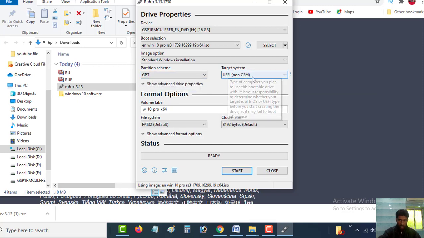GPT, and the target system. If you click on target system, only one option is showing, so you have to keep the same option. It will remain the same, no need to change it. The next option is format option, volume label. If you want to rename it, you can rename, otherwise by default your software name will come here. So I am renaming it here and writing a name. And the file system is...